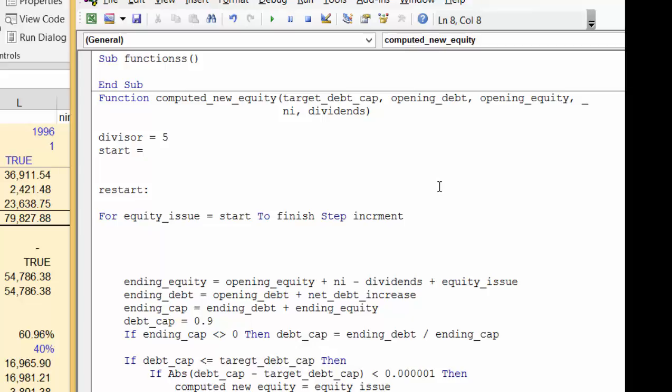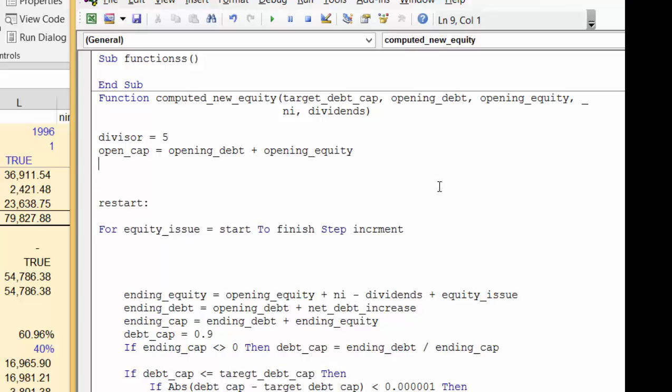I'm going to make the opening capital equal the opening debt plus the opening equity. Now I'm going to make it really extreme and then make the start equal 0 minus the opening capital. So that's like an extremely negative equity issuance,